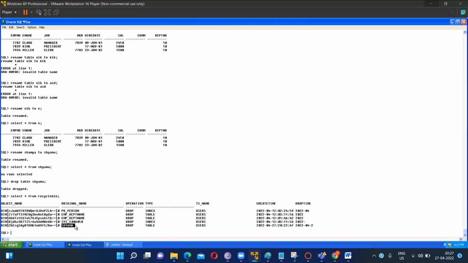So after dropping a table, it does not get completely removed from the database. It goes into what? Recycle bin. From the recycle bin, if we want to drop, we can just use the purge keyword to completely drop. And if we want to bring it back, we can use flashback. How to use flashback, guys? Let us just write down flashback